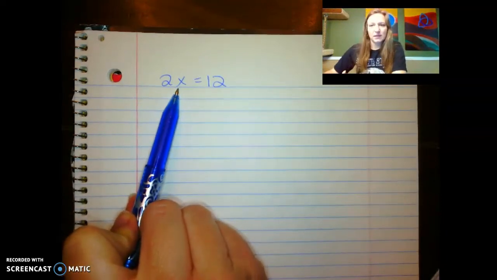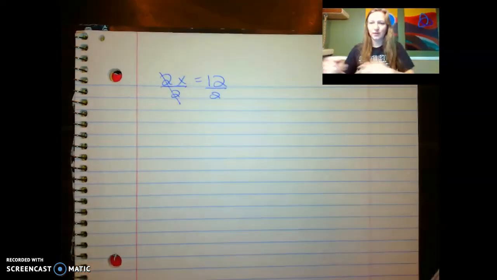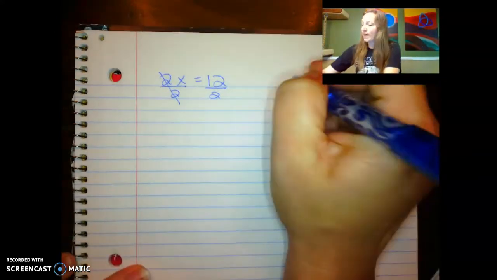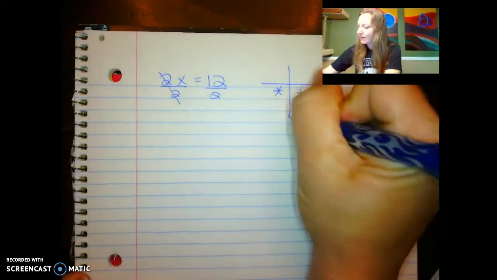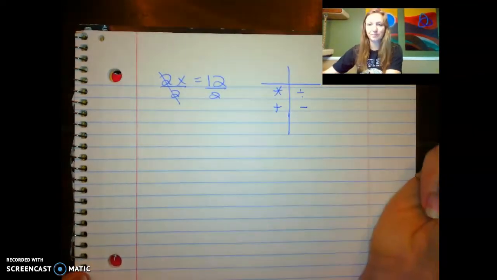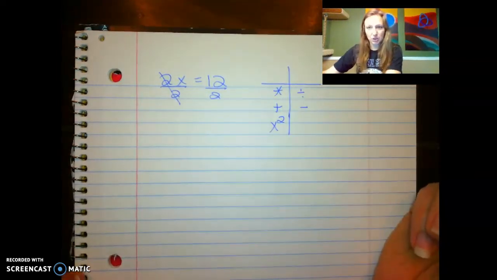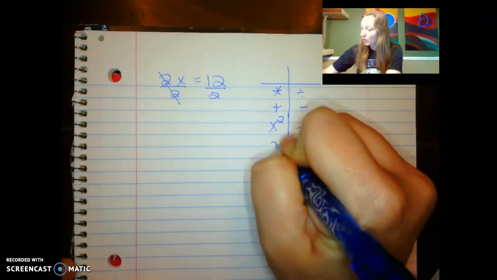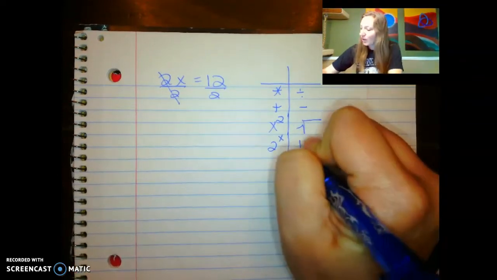And you guys will say, Miss Maneri, you're going to divide by 2. Why are you dividing by 2? Because right now it's multiplied together. To undo it, we know that multiply goes with divide. That's how we undo it. And if we had an addition operation, we would undo it by subtraction. And if we had a square to undo it, you would say, well, just take the square root of both sides. Well, now we know when we have an x in the exponent, to undo that, we are going to